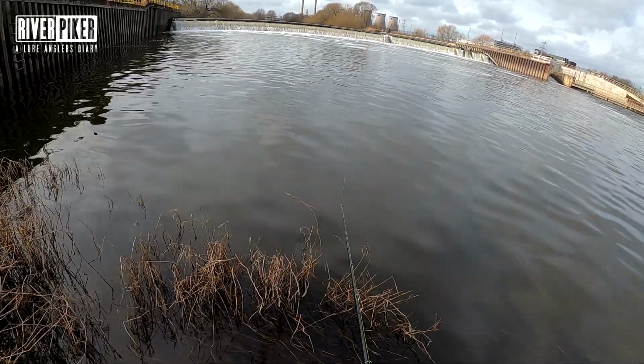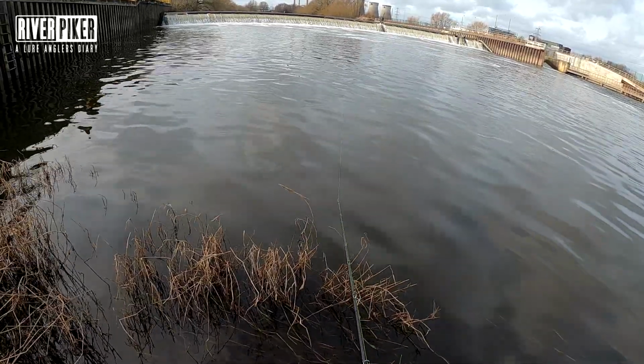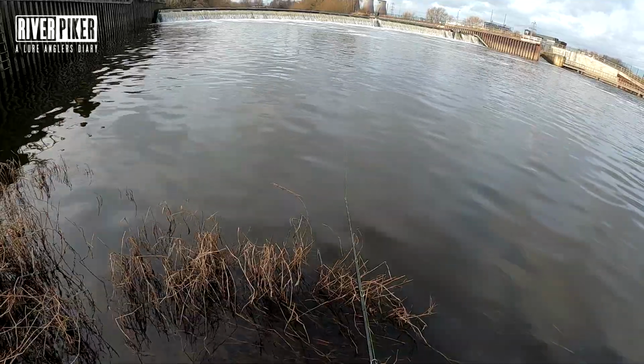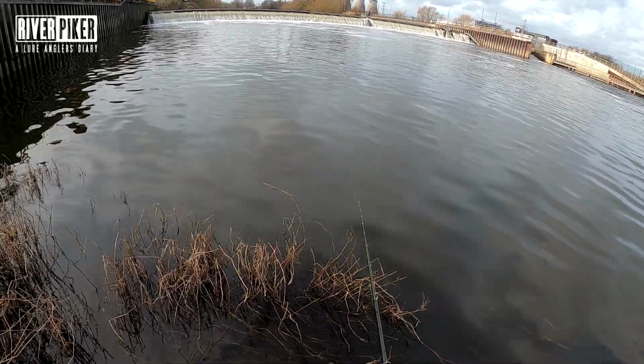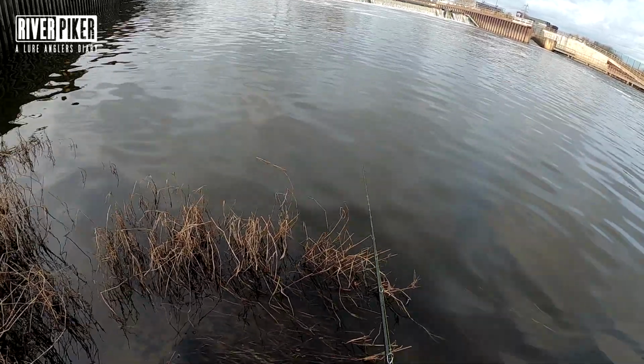Speed it up, slow it down, pauses. Try to think about the sink rate of your lure if you're pausing it. How fast is it sinking? Is it suspending? Is it floating? Where will it be in the water? Am I okay to let it sink a little bit further and get right down? It's not deep out here, so